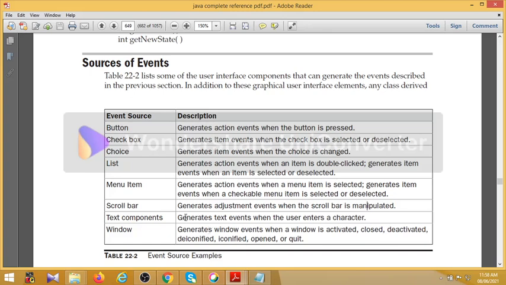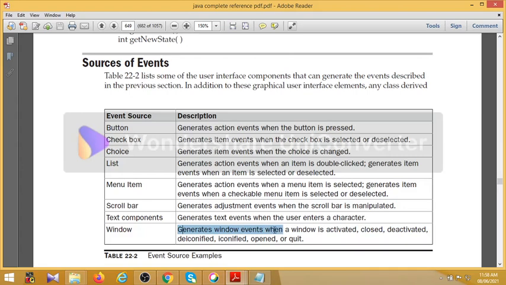Next one is text components. They generate the text events when the user enters a character. So whenever the user enters characters into a text box, at that time the text event is generated. Next, window.